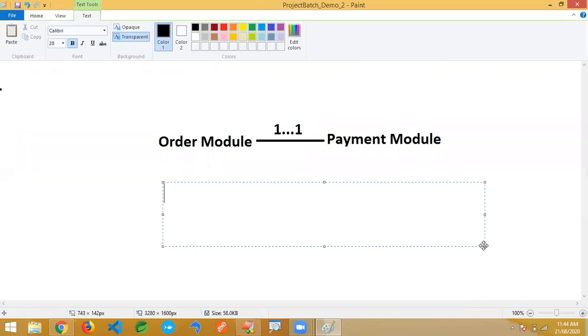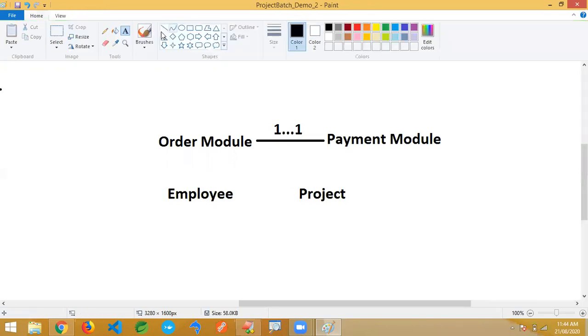For example, I want to implement one application that has different modules. I'm taking it like this: there is an employee module and a project module. As of now, just take left and right, anything is fine. Now you can imagine what kind of mapping, that is integration, will be there between these.